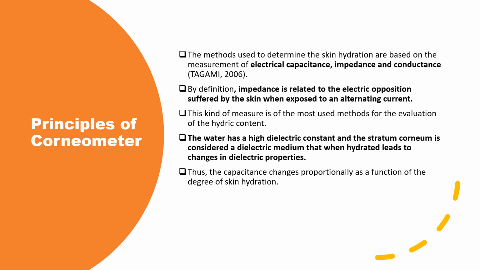Now the principle of corneometer is very simple. It is based on the measurement of the skin hydration level. Now how are we going to measure this hydration level? It is measured in terms of capacitance. Basically, we have a dielectric constant for everything. So due to the variation in the dielectric constant of different parts of the body, the variation can be measured and captured by the corneometer, which can be quantified to a certain value.